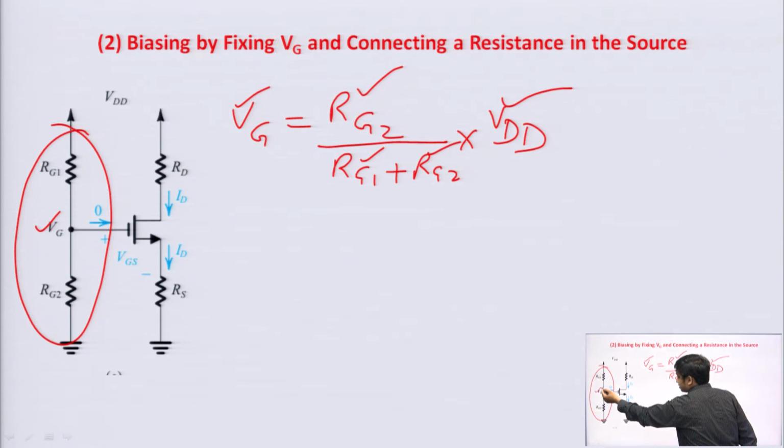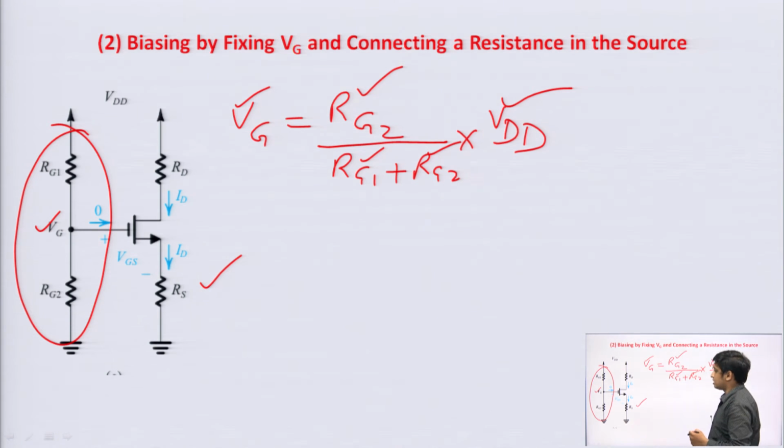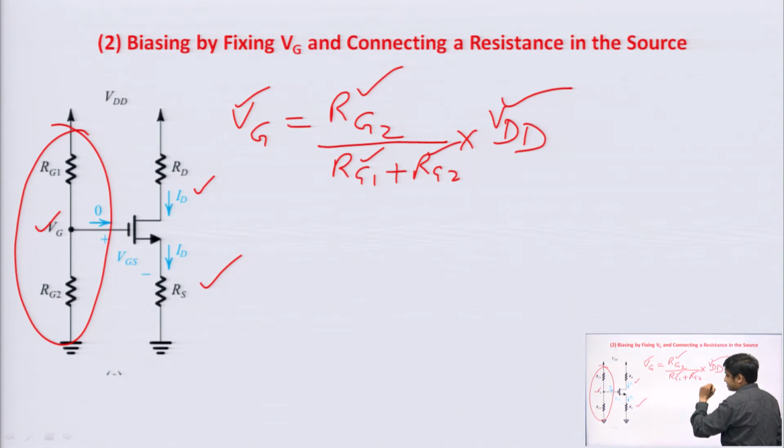So, you have fixed the gate voltage Vg, but here the difference is that we have connected this resistor Rs at the source terminal. We have done it in lecture 3 also, where we connected Re at the emitter terminal; here we have connected Rs at the source terminal, and the purpose is the same, to provide negative feedback. How does it provide it? Now, see, this is your drain current ID, that is flowing through the drain resistance RD.